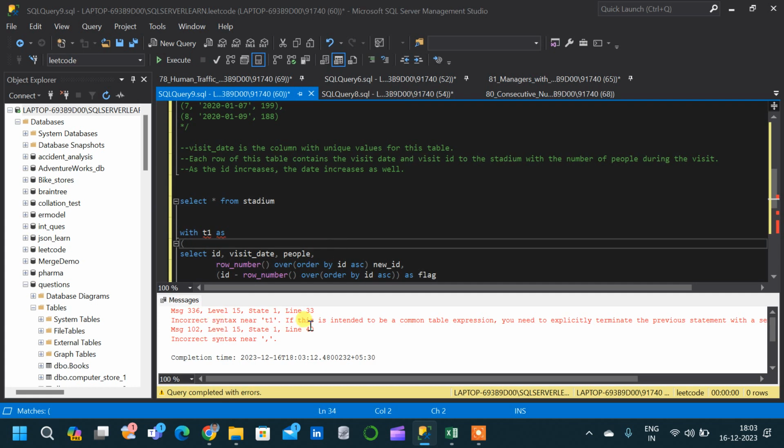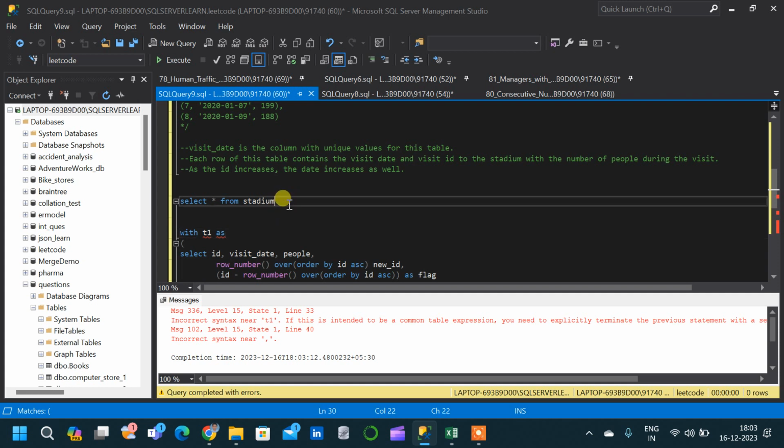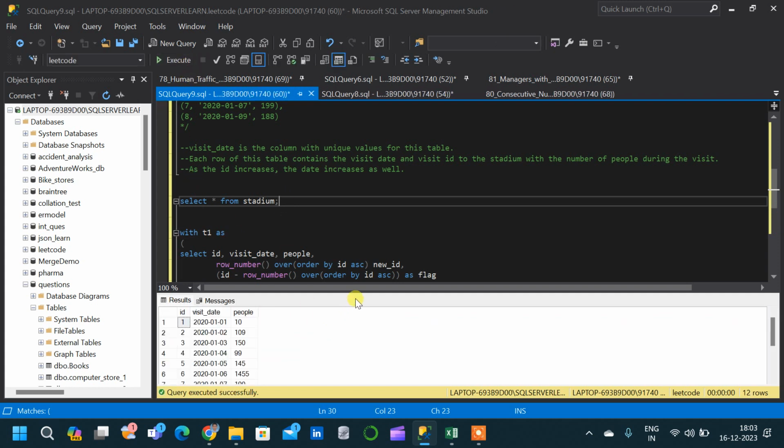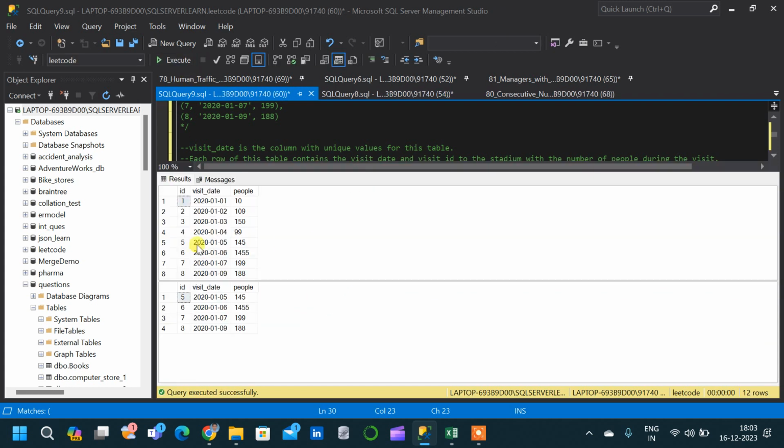This is because we have a query before this common table expression query. So any query before the common table expression should be ending with a semicolon. Now execute, we will get the result. So this is our input table and this is our expected output, that is the days where the number of people is greater than 100 and the IDs are